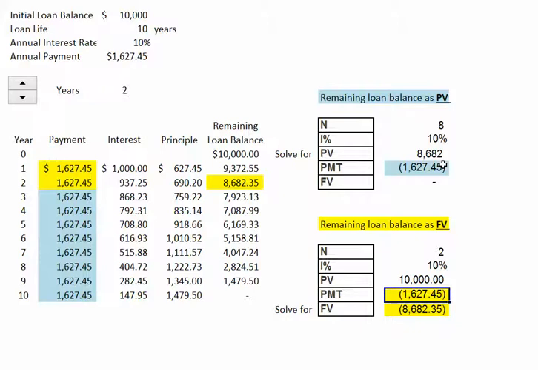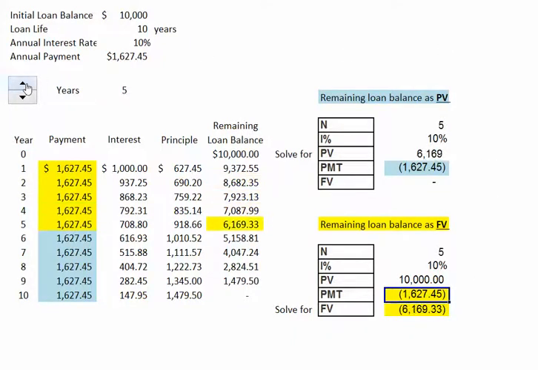Or in your financial calculator, if you've entered the data for the original loan, again, here was our original loan, solve for the payment. If you were to change the number of periods to 2, in other words, only make 2 payments of $1,627, obviously the loan wouldn't be paid off, and you could solve for the future value and get the